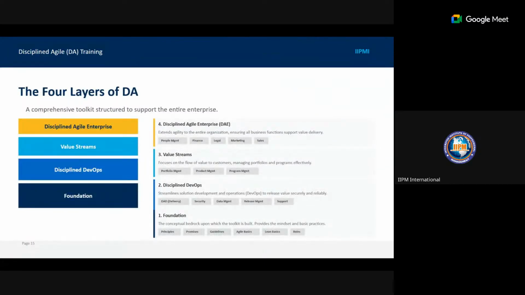They'll have the 4 layers of DA. The 4 layers of DA: you have the foundation, the discipline DevOps, and then you have the value streams and the discipline agile enterprise.